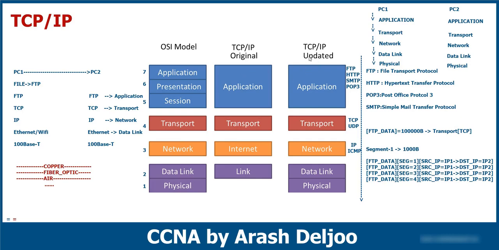But when TCP/IP was created, TCP/IP said, yes, I am compatible with the OSI model, but I want to do these 3 functions, application, presentation, and session of the OSI model, in only one protocol. Because of that, the application function in TCP/IP covers the application, presentation, and session functions of the OSI model. Don't mistake: the application layer of TCP/IP is different